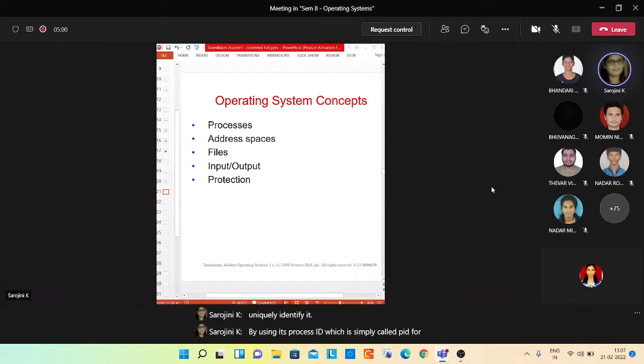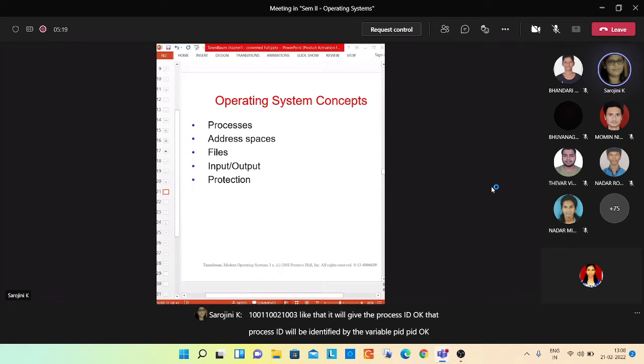For example, in Linux, it will create process IDs like 1001, 1002, 1003. Like that, it will give the process ID, and that process ID is identified by the variable PID.